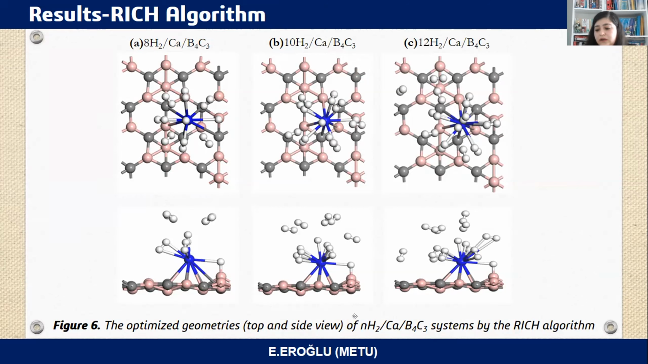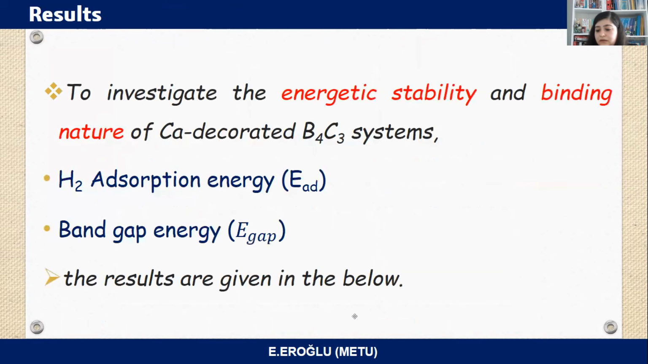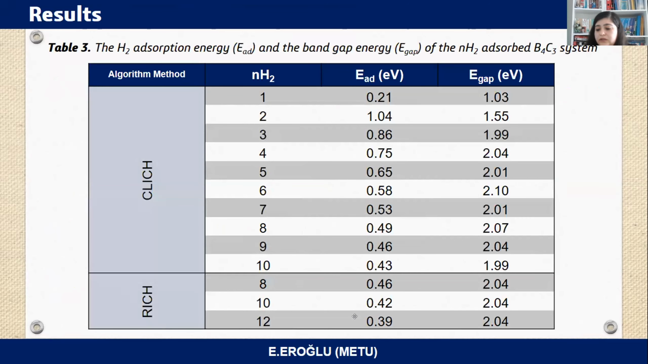We calculate structural and electronic properties for all the structures. To investigate the energetic stability and binding nature of the calcium decorated boron carbon system, hydrogen absorption energy and band gap energy are calculated, and the results are given below. The hydrogen absorption energy and the band gap energy of the n hydrogen molecule adsorbed boron carbon system are given